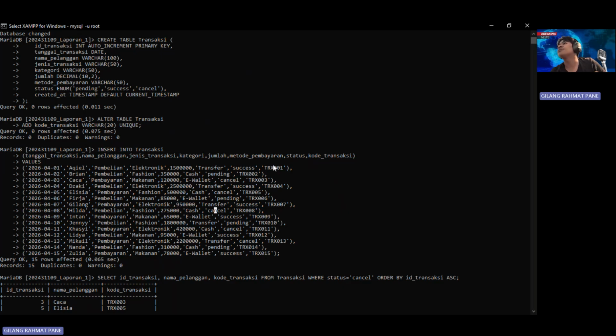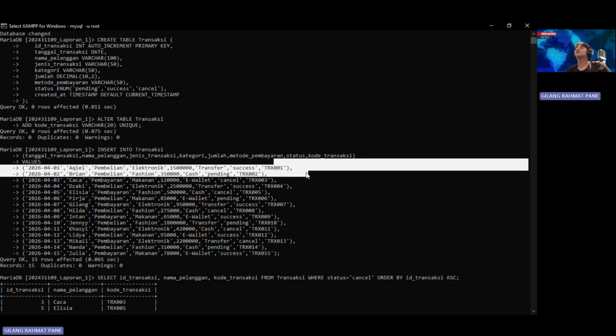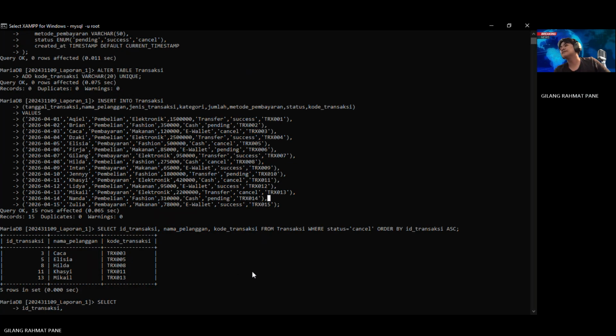The metode pembayaran can use transfer, cash, and e-wallet. And for the status, it's success, pending, and cancel. And for the kode transaksi, we just made it simple, like 1, 2, up to 15.